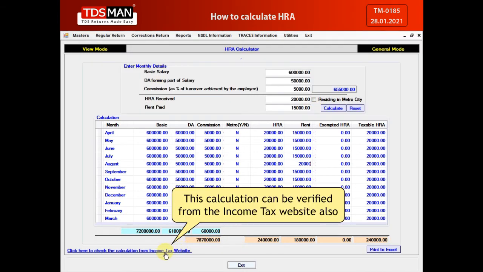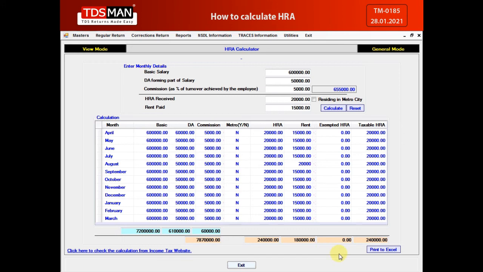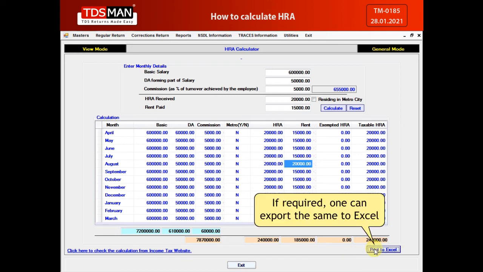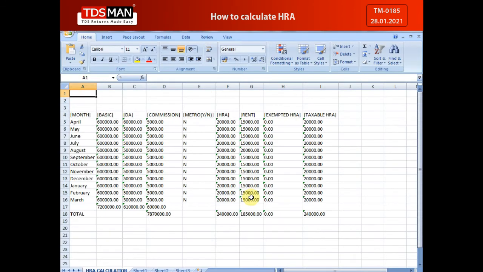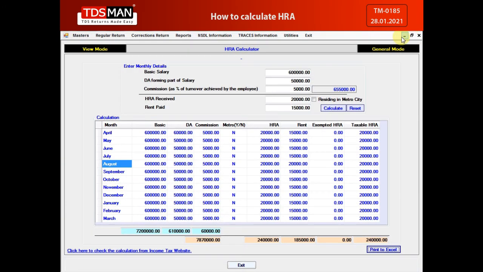This calculation can be verified from the income tax website also. If required, one can export the same to Excel. Click on